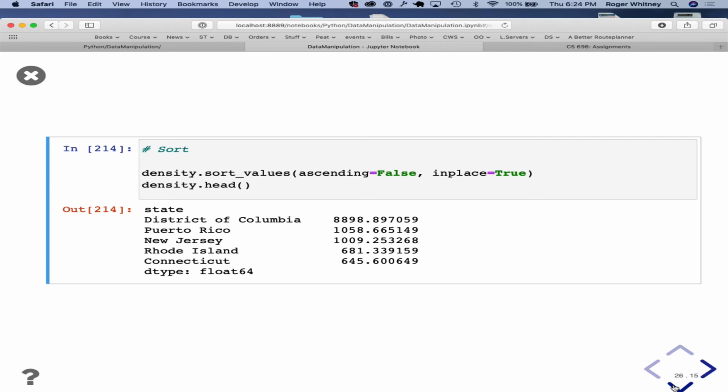Right, now we can start doing things. We can sort it, and it turns out there's a lot of empty space in California too. Particularly compared to DC, it's just cities, right? It's one big city.